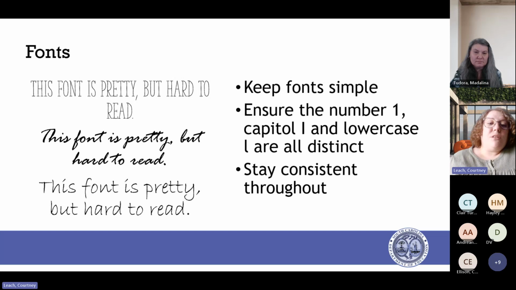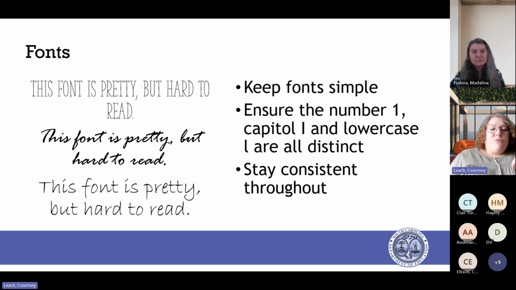So for those individuals who got an injury to their vision at some point in their later life or their adult life, they might still be able to read and recognize those letters in Times New Roman because they're accustomed to that font. However, best practice is to make sure that whatever font you use, it's good and thick, that your number one, your capital I, and your lowercase l all look distinct from each other.